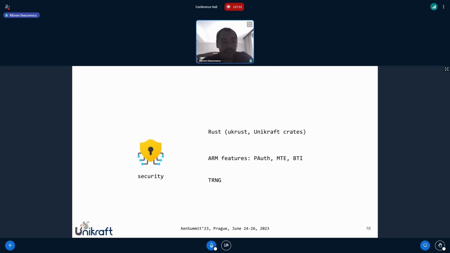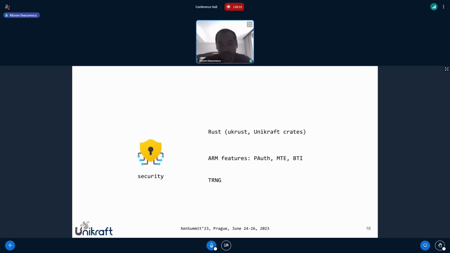For the security side, we are looking into Rust integration. This comes in 2 flavors. One of them is what we call UK Rust. This is an internal library that allows you to write different Unikraft components in Rust itself, so basically the internal libraries can be written in Rust, with the security benefits of it. The other one is to build Unikraft as a Rust crate, and build your application on top of Unikraft seamlessly. You would use the crate and toml files of the Rust build system, I don't know all the details, and integrate it with Unikraft